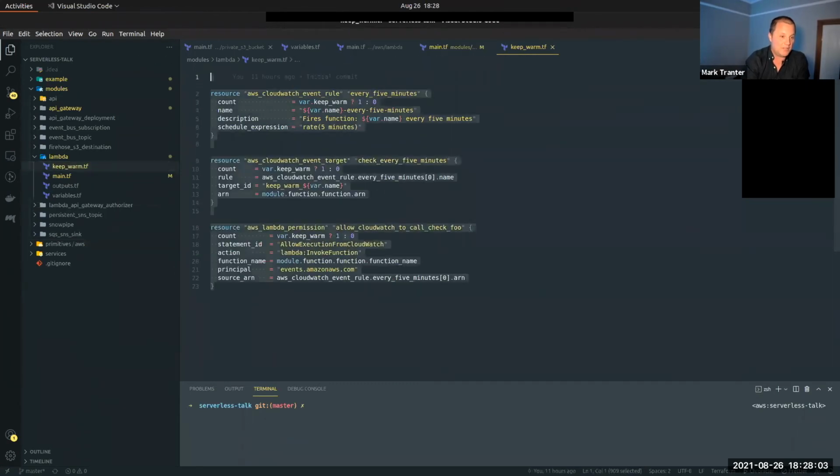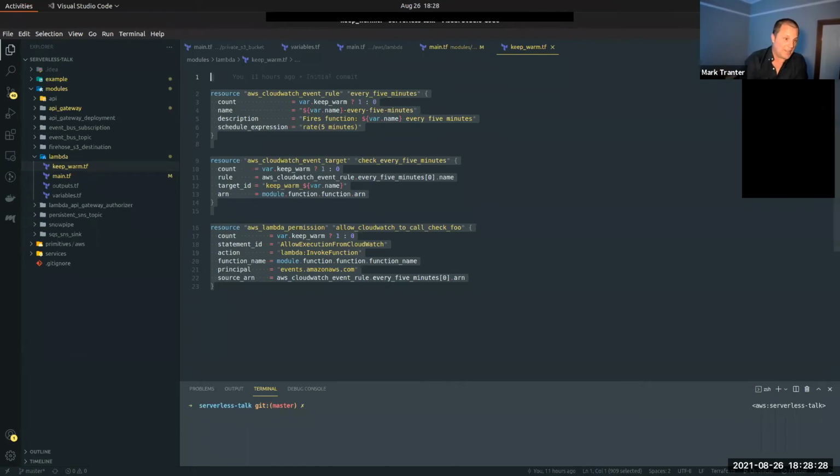Also over here, one big problem with Lambda functions in the serverless world is this idea of cold starts. If your functions haven't run for 5 or 10 minutes, when they're executed, so when you make a call to an API, the AWS Lambda runtime has to go and grab your code, grab your package, bring it all into memory, and then it can execute the API request against it.